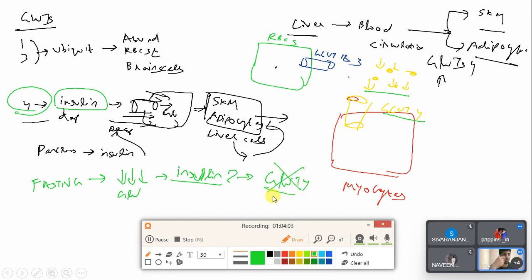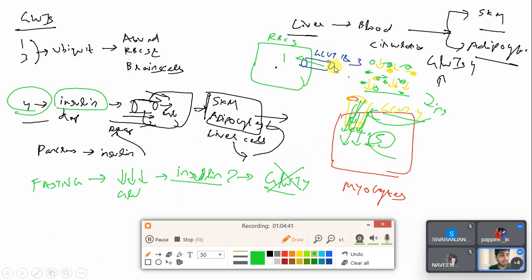Even though GLUT4 can transport a higher number of glucose molecules, for example, if there is an abundance of glucose in the body because you have eaten a lot, insulin will activate GLUT4 and a lot of glucose will come in compared to GLUT1 and 3. If only one molecule goes here, five molecules will come here. That's its capacity, it can take in much more. But